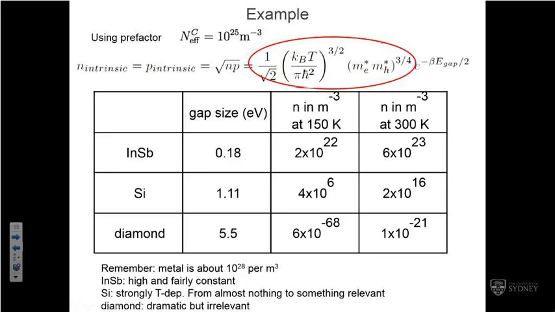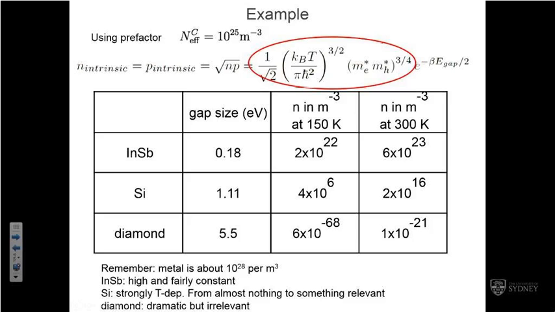Silicon has a larger band gap, and as you'd kind of expect, the concentration of dopants is smaller because you have this exponential factor here with the band. The bigger the band gap, the smaller your concentration will be. If you increase it to 300 K, you actually get quite a big jump up here to 2 times 10 to the 16. Diamond, which is, of course, very stubborn, very big insulating gap, you are not going to really do anything. 6 times 10 to the minus